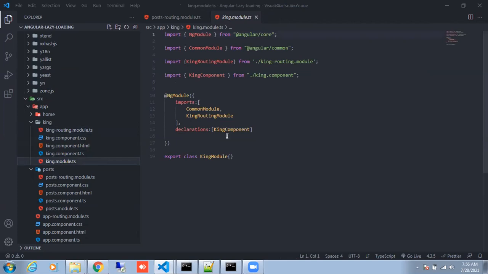For all three different children, we have created three different modules. Why are we not merging it all together? Because otherwise it brings everything together at once. So by creating all three, we are actually doing lazy loading, very much.